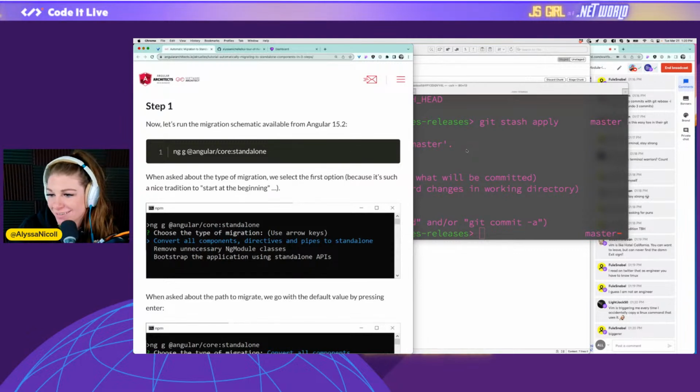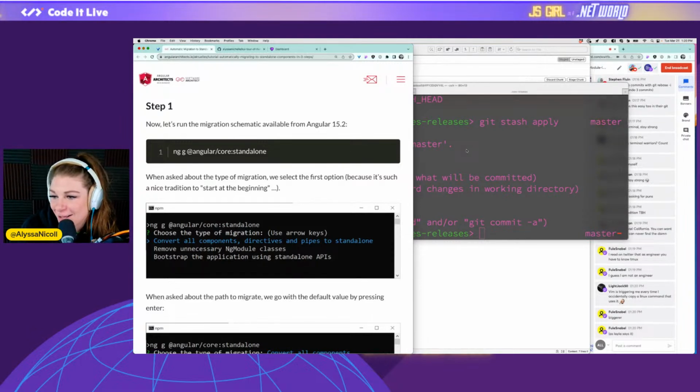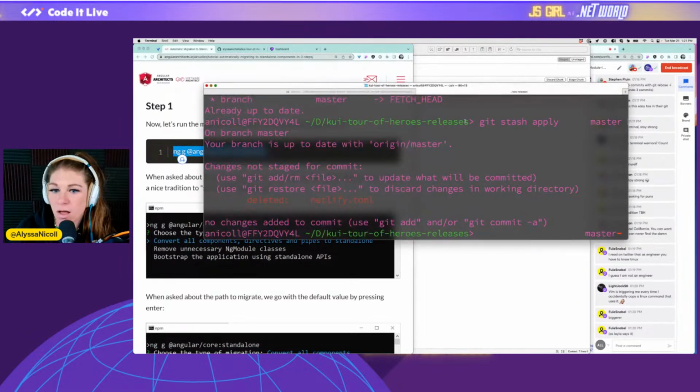Bigger. Yep. Vim is triggering me every time I accidentally copy a Linux command that uses it, said Lightjack. All right. Let's see. I don't know. Also,